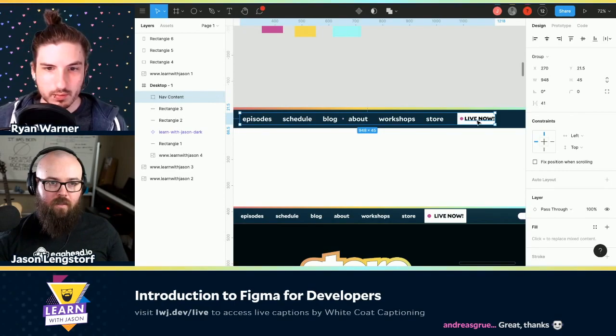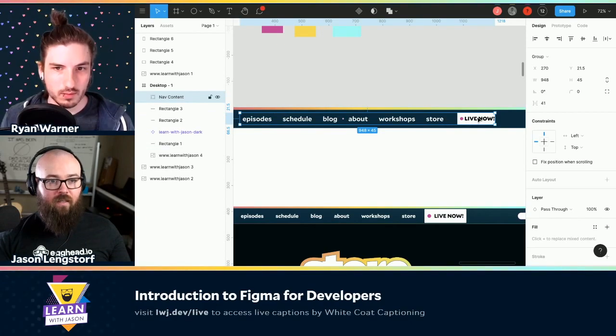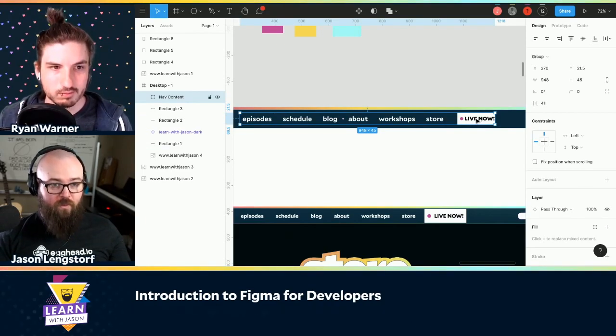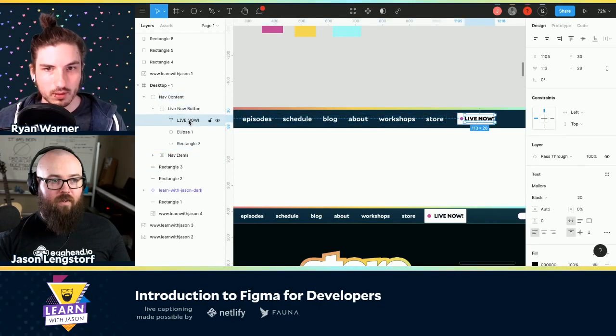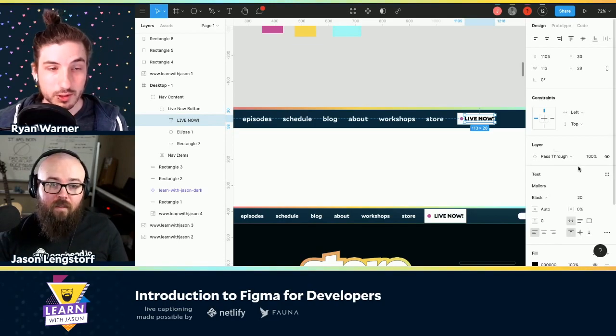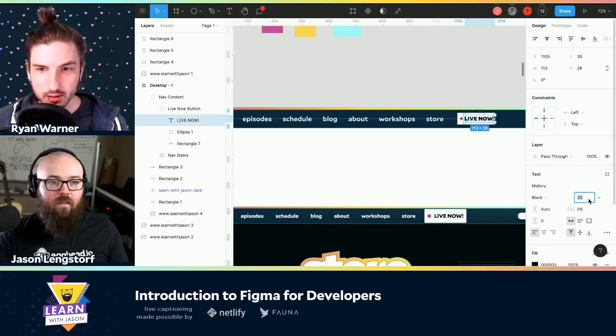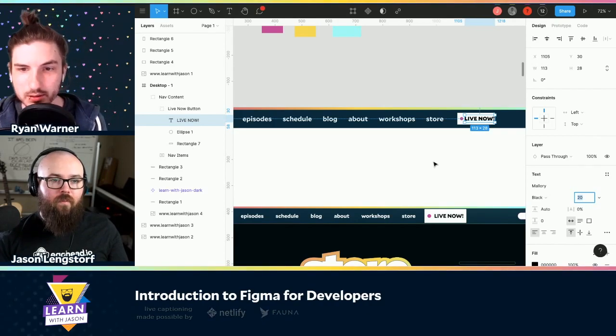Okay, so I need to make this better. Oh, I'm going to show you another thing. So you see how these are in groups? This is another thing that really, really helped me. I want to select the text, but if I click, I'm not in the group. But if I hold Command, it'll let me select a thing inside the group, and it'll jump down to the thing I clicked. That saves me a ton of time. For sure. It's called clicking through the group by holding command. And yeah, I use that all the time too.